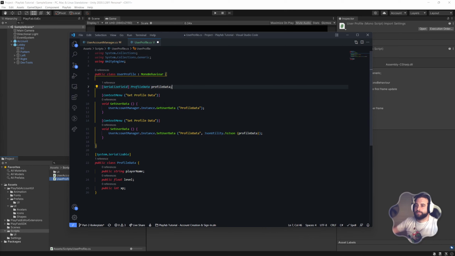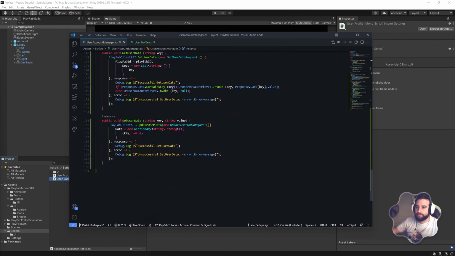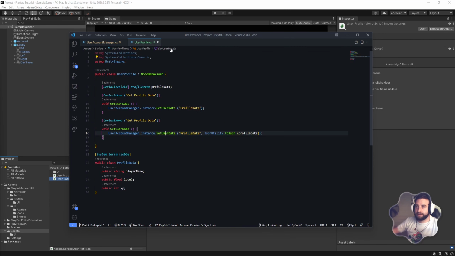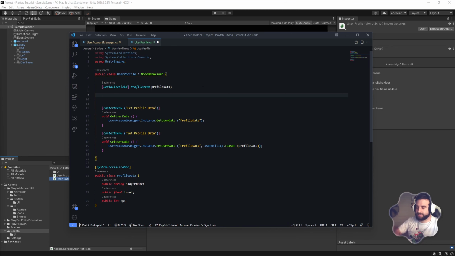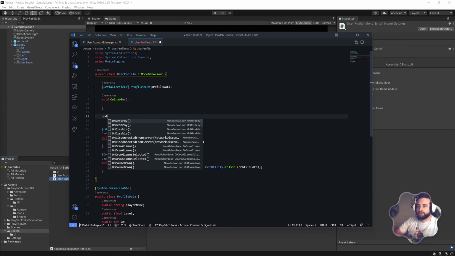Now we get it and we set it. If we set it, we also then get back, or if we get it rather, we get the on user data retrieved event fired, right? So we want to add a listener to that. We're going to do on enable, and likewise we're going to do on disable,